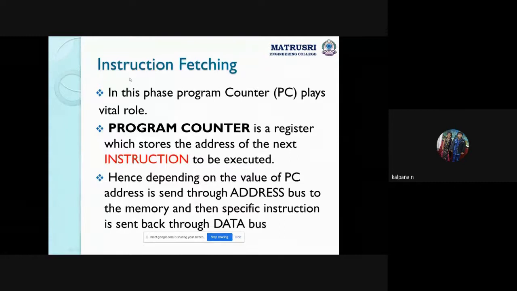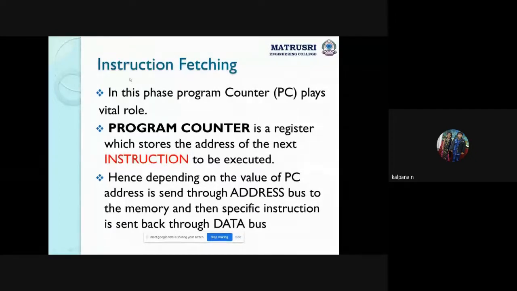Somewhere, that MOV B comma 20 gets placed. So in which place is that MOV B comma 20 placed? What is that address location? Let's say 1000. So that 1000 is stored in the program counter. Now the next instruction we are giving. That next instruction also occupies some space in the memory. Now that is 1001. So 1001 is again stored in the PC. Understand? So first in instruction fetch, all the instruction addresses are stored in the program counter.